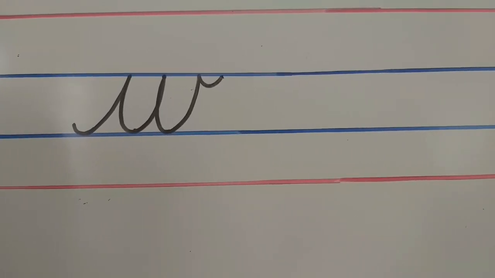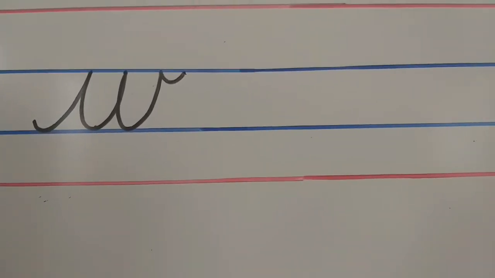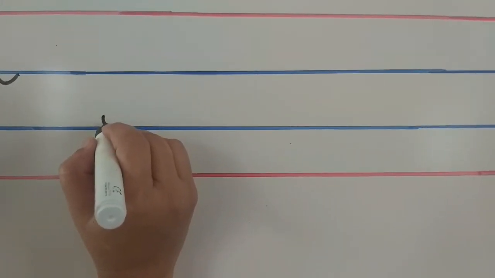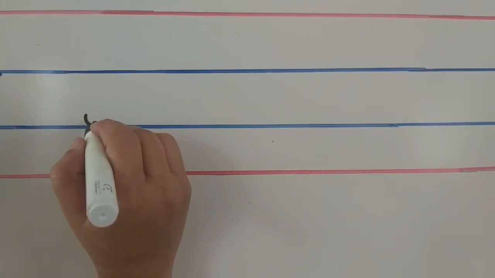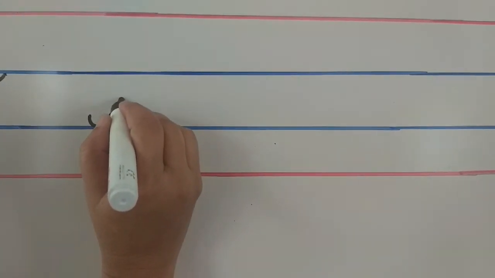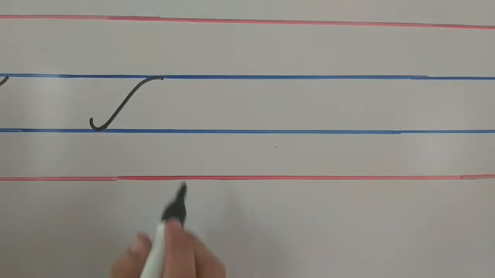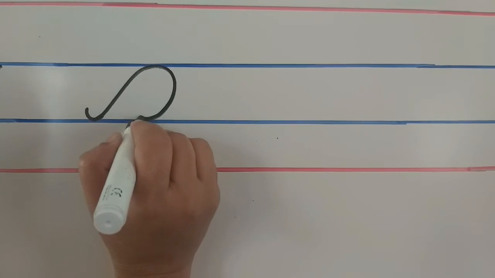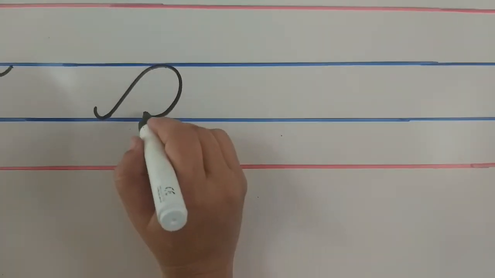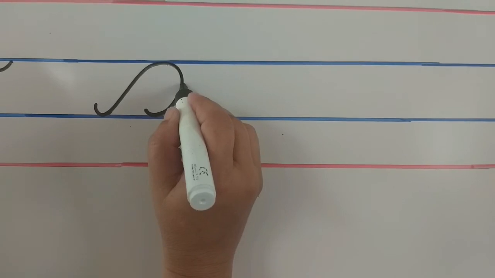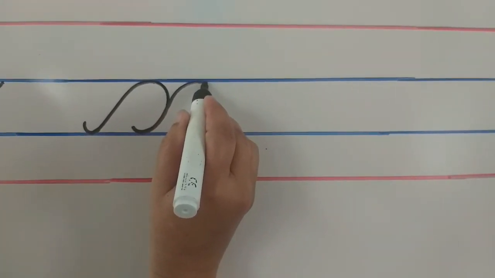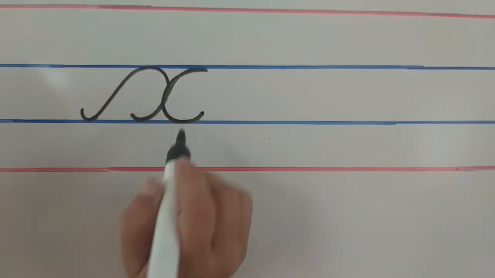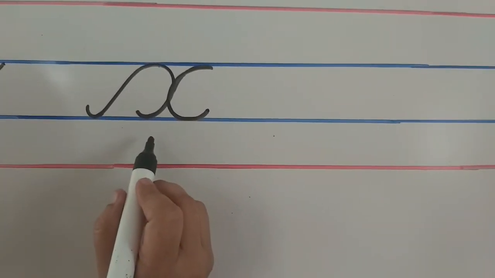W after which letter comes, children? W after X. Take a small curve. Go up to the second blue line. Slanting line, children. Now here you have to make half curve, children, like that. Okay. Half curve. Then from down you have to go up to the second blue line. Up, children. Come down to the third blue line. Like see, you have to write half curve, children. This is small cursive X.